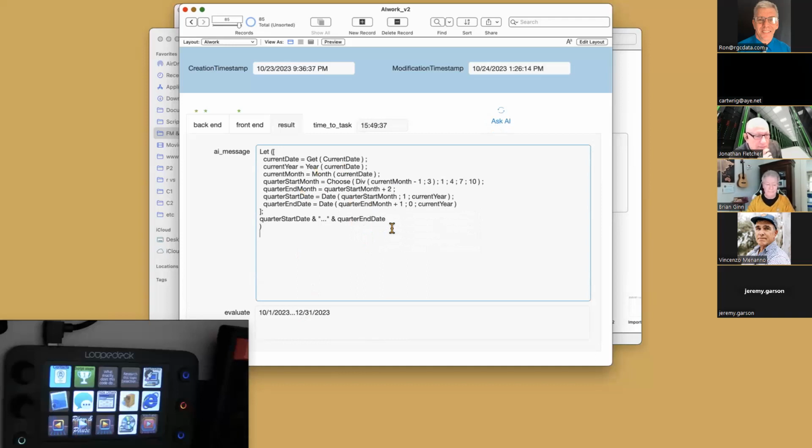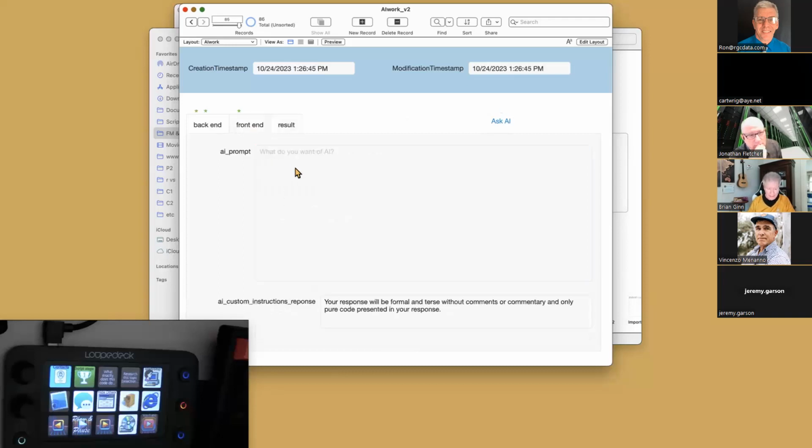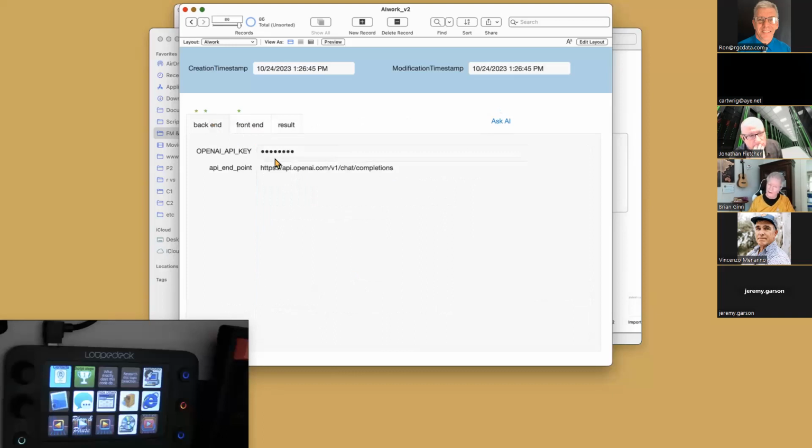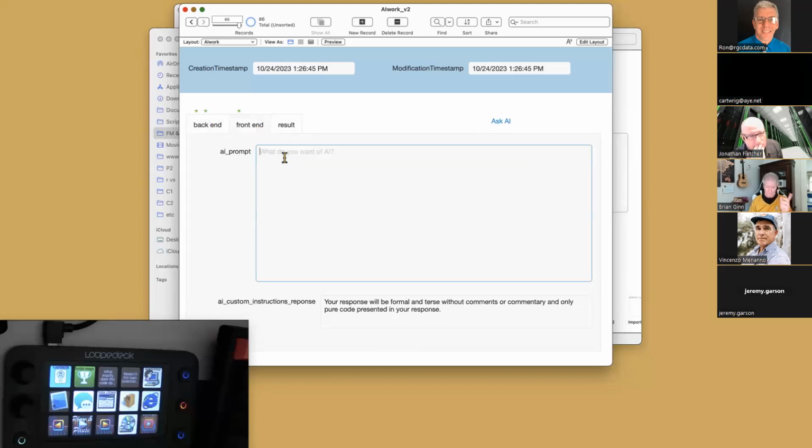I can do a new response. So if I'm in here and I do a new one, it copies over all the old code, and I can do the same thing, but say for the next quarter.